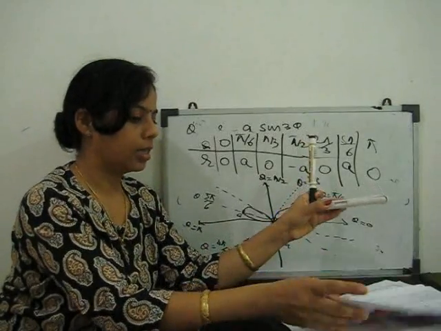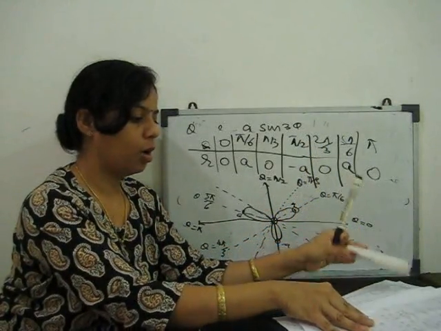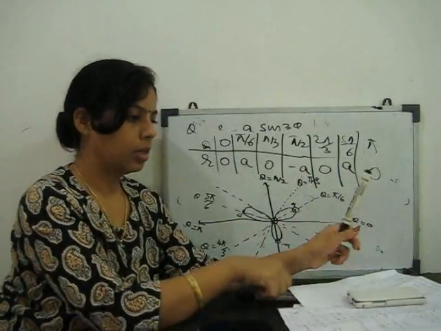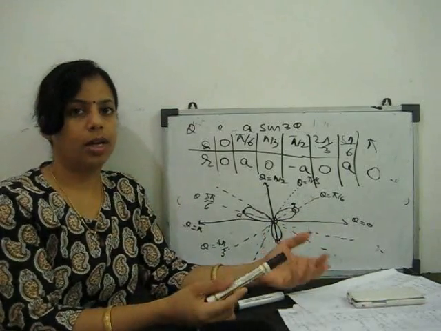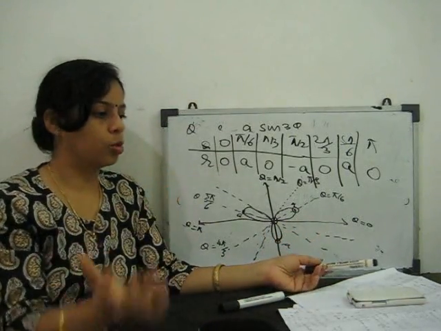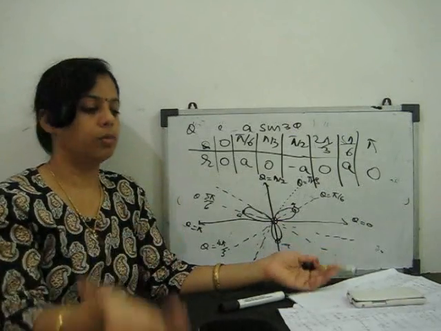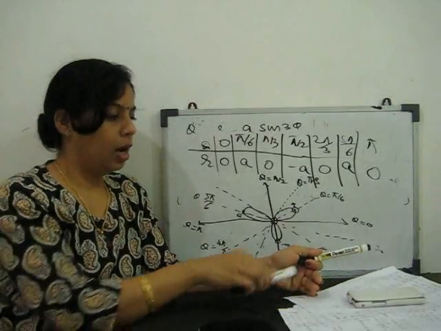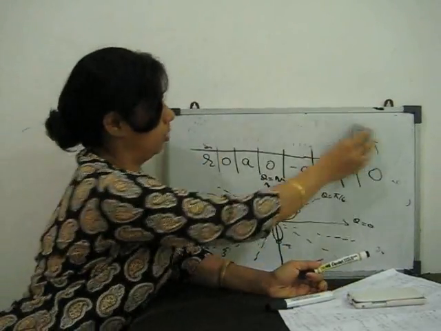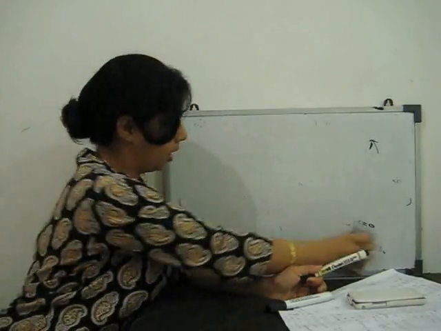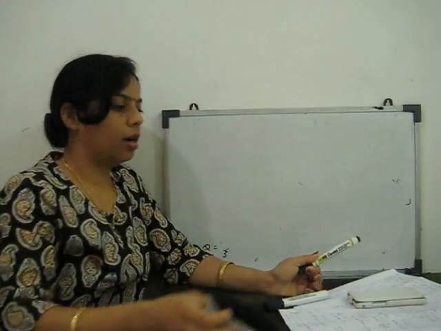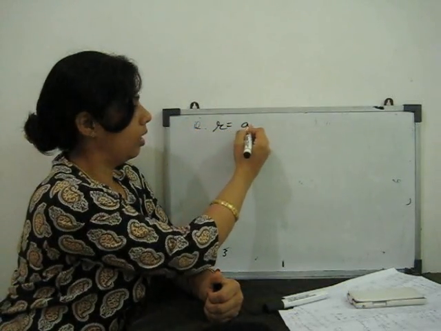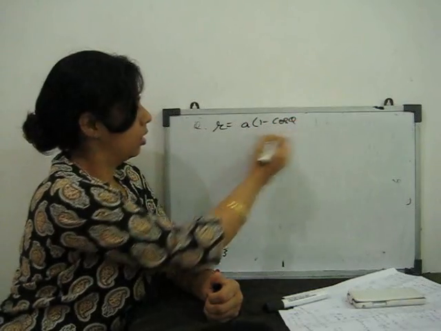Another example for polar coordinates. In polar coordinates you can learn that the equation r is equal to a(1 minus cos theta) gives a cardioid. Otherwise you can just find the points and trace it. If you trace 3, 4 curves, it becomes very easy. Question: r is equal to a(1 minus cos theta).